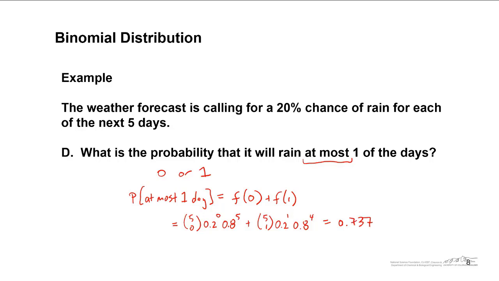0.737. Now let me mention to you that sometimes it's easier to use the cumulative distribution, and I'll show you how we can use this in Excel. As you recall, the sum of those is also equal to capital F of 1, or the cumulative distribution function. This we can get from summing the previous terms up to and including 1, or we can also get from Excel if you are able to use Microsoft Excel. And so I'll show you that now.